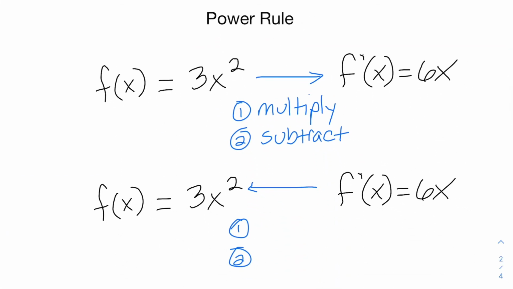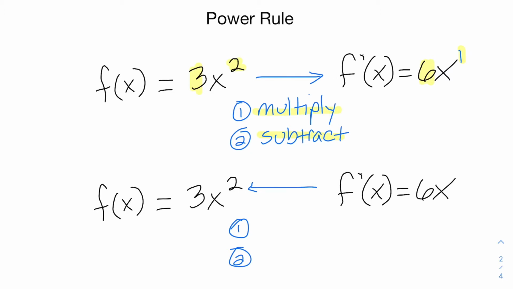When you originally saw power rule, you saw that you had an original function, and then to find the corresponding derivative, you went in this order. First, you multiplied the exponent times the coefficient. So in this case, 2 times 3 would give you 6. And then next step, you subtracted 1 from the exponent. So 2 minus 1 gave you an exponent of 1. Even though we don't have to write it in, there's an exponent of 1 here on that x. So that's how we can go from the original function to the derivative function of f prime of x equals